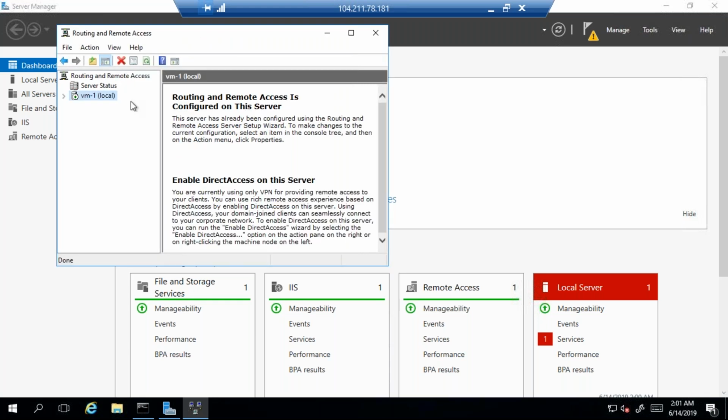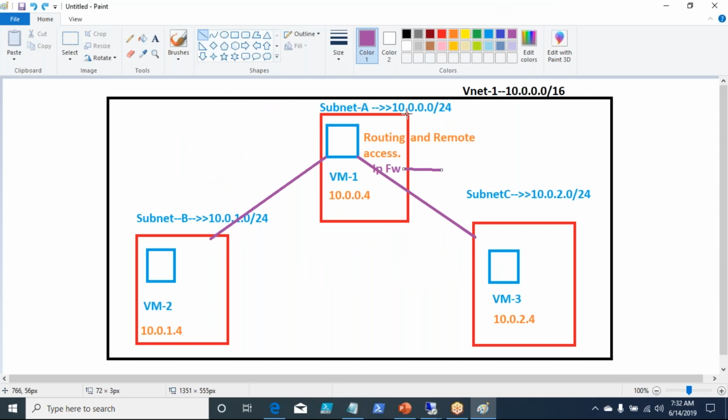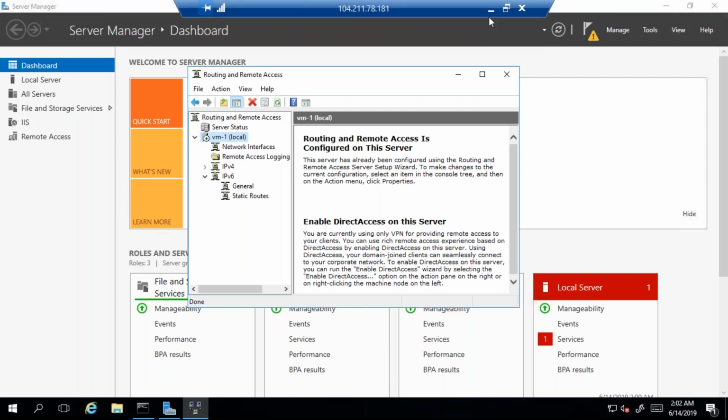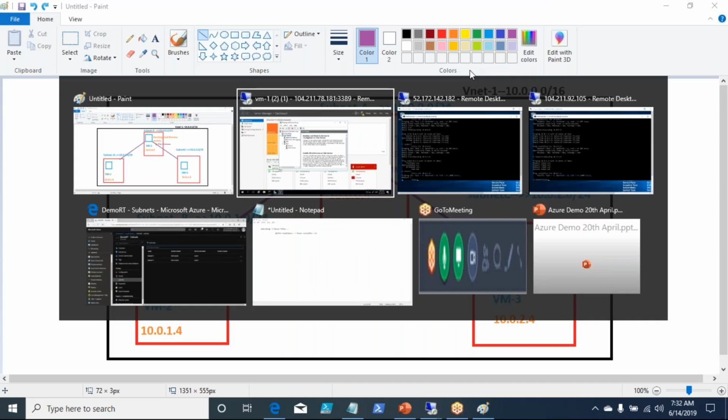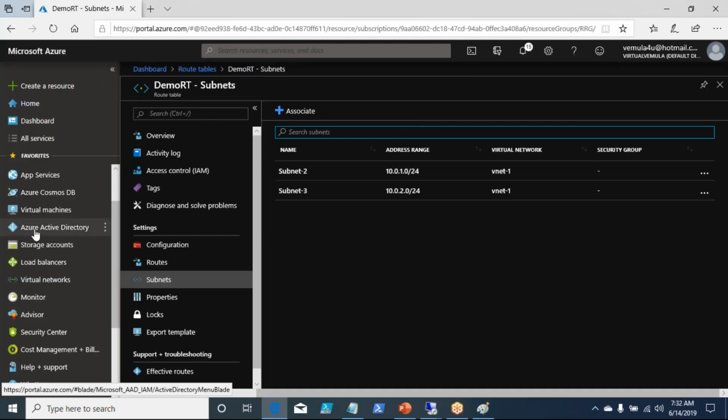So your routing and remote access service is up, which means that this device VM1 will act as a router now. But we need to enable something called IP forwarding to forward the traffic. For that, we need to go to the network interface card of this particular virtual machine. Now let me go to the virtual machines.